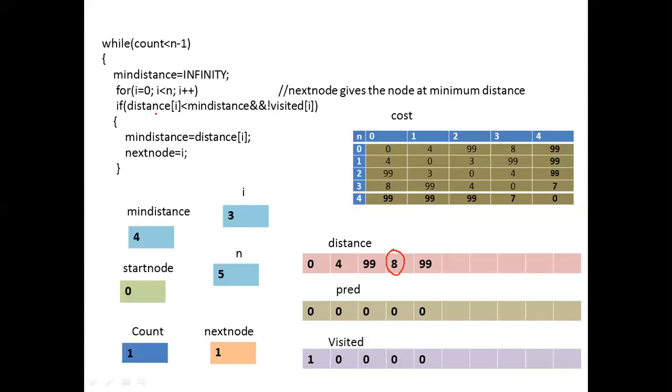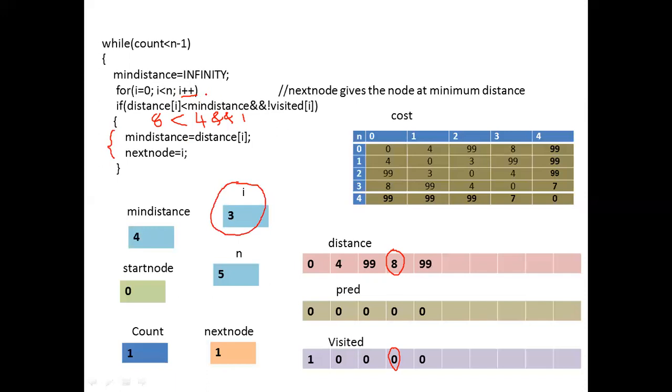So now here I'm going to get a value like 8 less than mean distance. Mean distance value is 4, and with visited of I, where I value is 3, this is also 0. So here I'm going to get 1. This condition fails. If this condition fails, the controller won't execute this block of statements. Then once again, it will go to the beginning of the for loop. I value will be incremented. Now you observe I memory location will be modified.